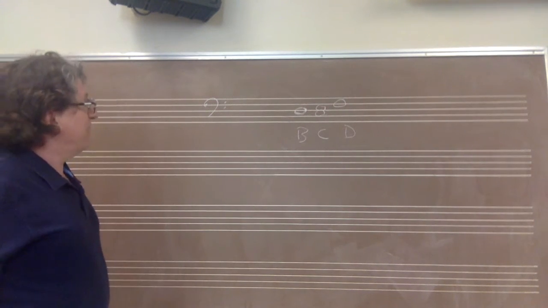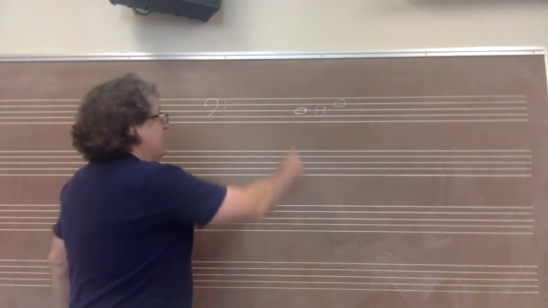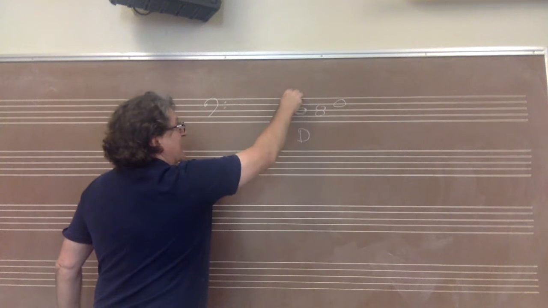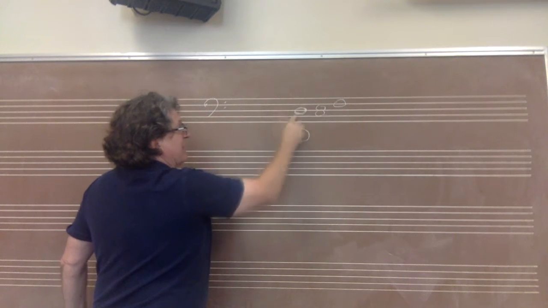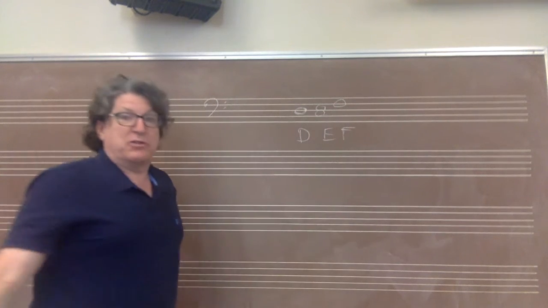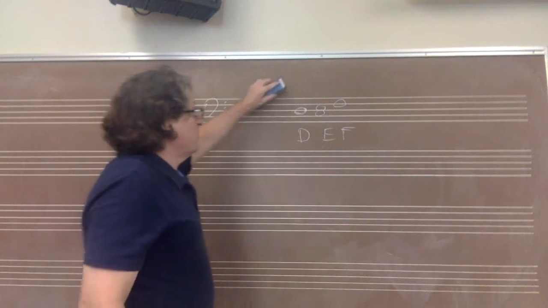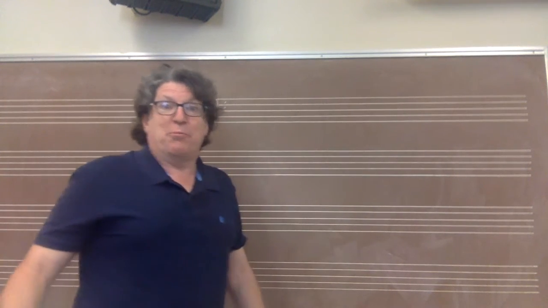But the bass clef looks like this. And now instead of B, C, D, that note is the D below middle C. I can count down. Well, there's F, E, D, and then it's D, E, F. Again, we know all the notes. We just have to know what the clef is. That tells us. Now, those are the 2 clefs you think that you need to know, but there's actually another